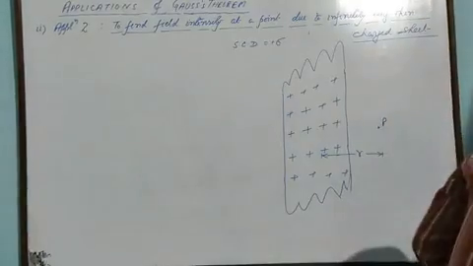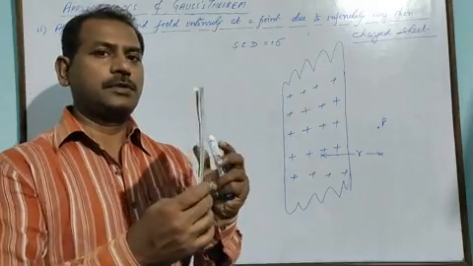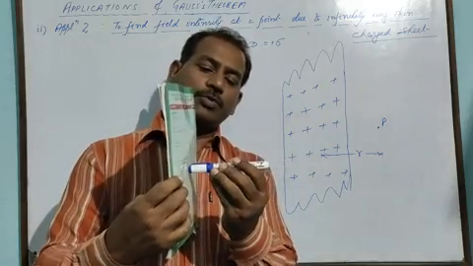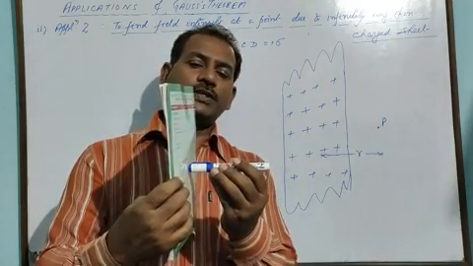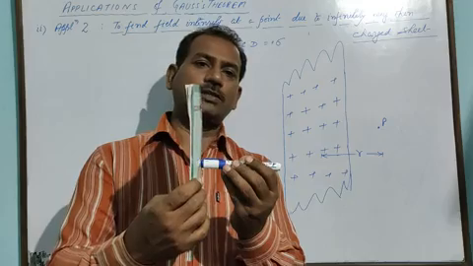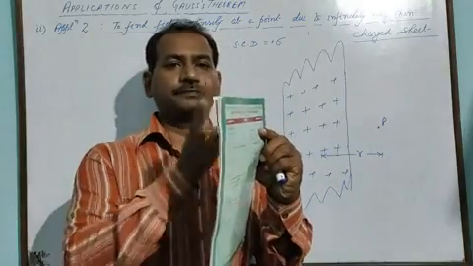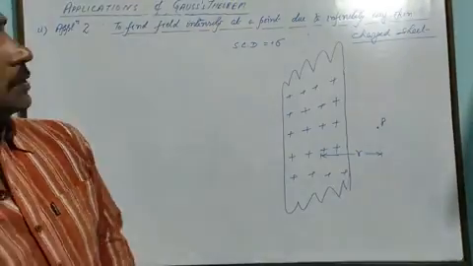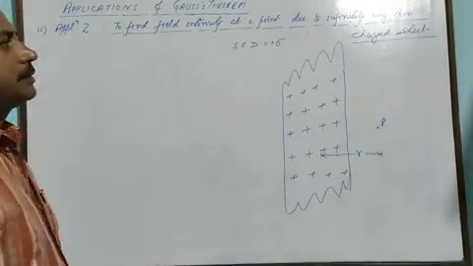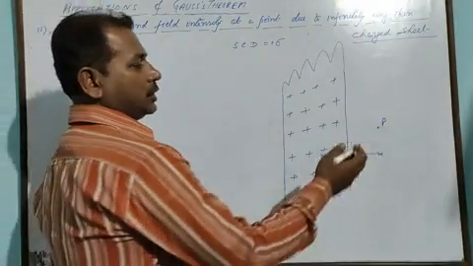Let us take this one as a surface. The charge is distributed here, and you are taking the point like this. So on the three-dimensional face, you are observing it like this. So the point is here, the charge sheet is this one. If the point is at a distance r and the surface charge density is sigma,